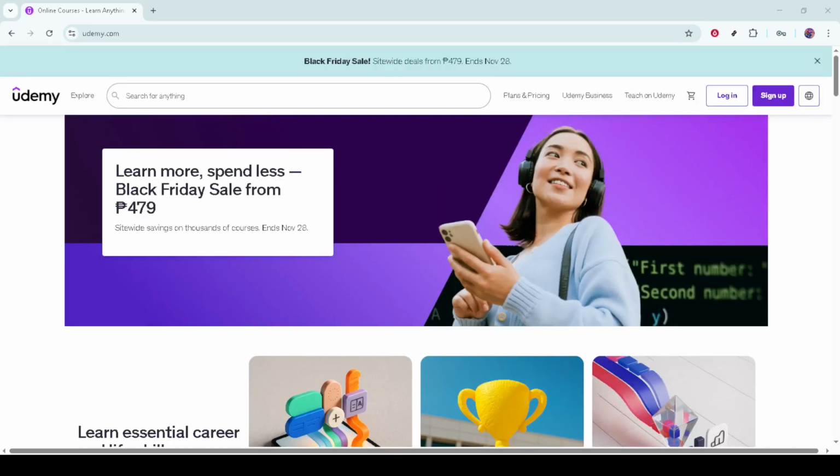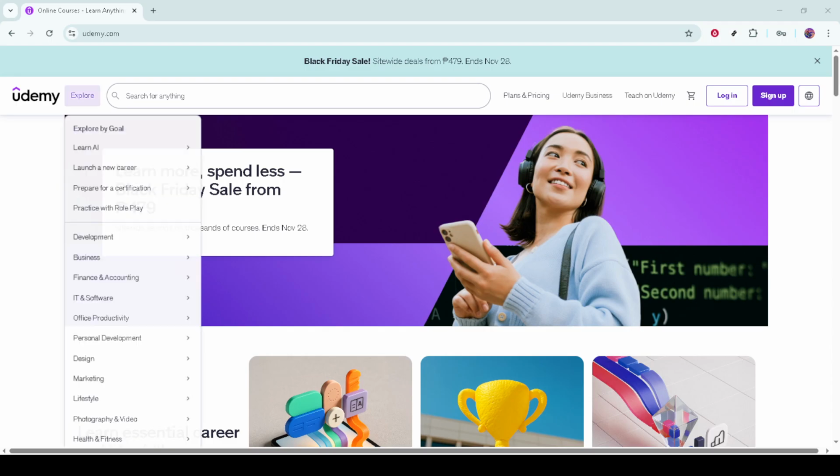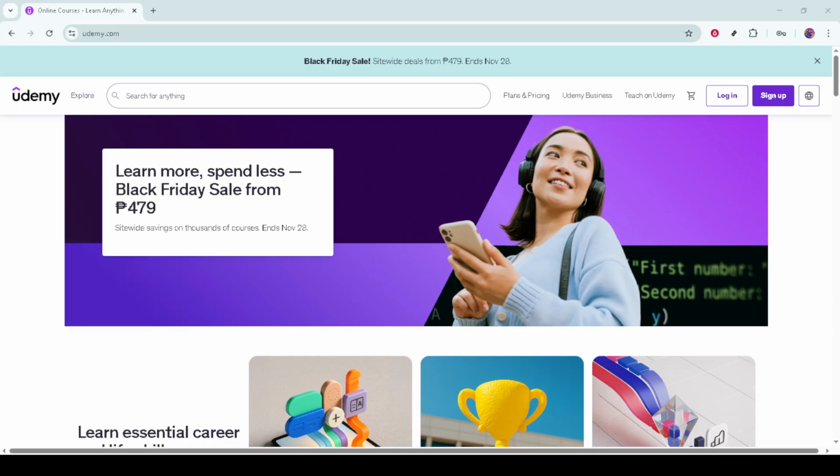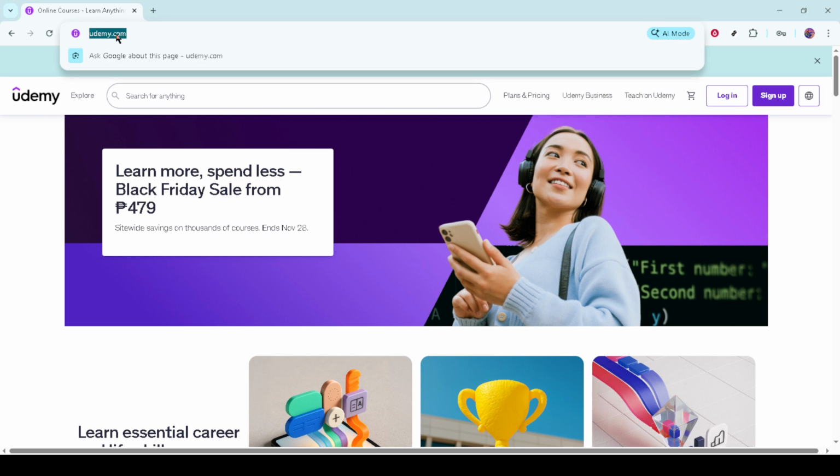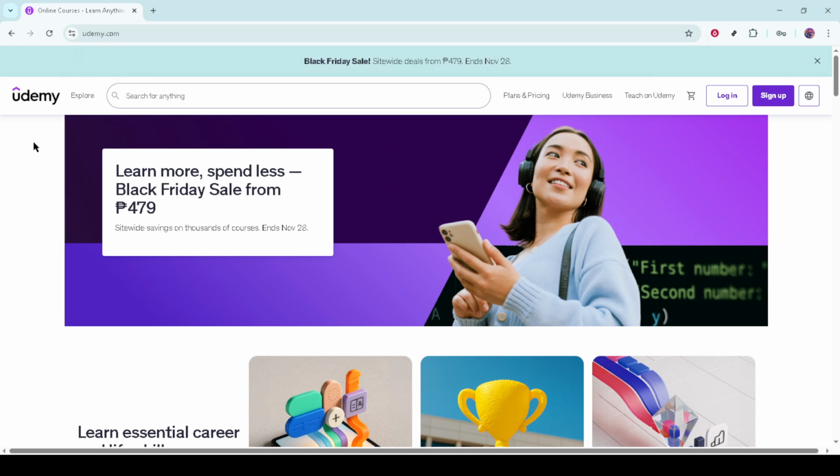First, open up your preferred web browser. Type in udemy.com in the address bar and hit enter. You'll be directed to Udemy's homepage, where you can explore thousands of educational courses long after your account is set up. Now, glance towards the top right corner of the screen where you'll find the Sign Up button. Give it a click, and we're on our way.